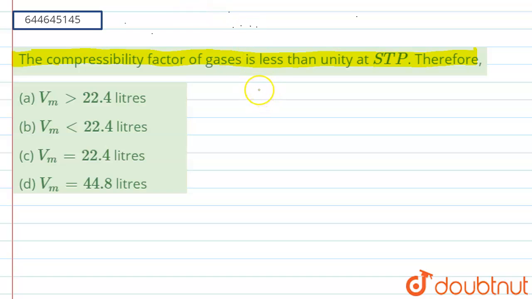So basically the compressibility factor is given as Z, which equals P V_m, the molar volume, by nRT. So in our question it is given that our compressibility factor is less than 1 at a standard temperature and pressure. So at standard temperature and pressure, the value of pressure is 1 atm,